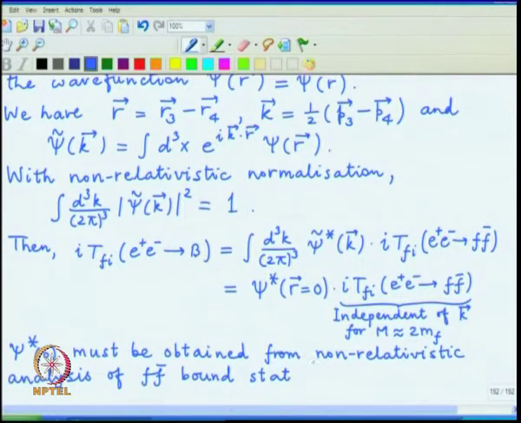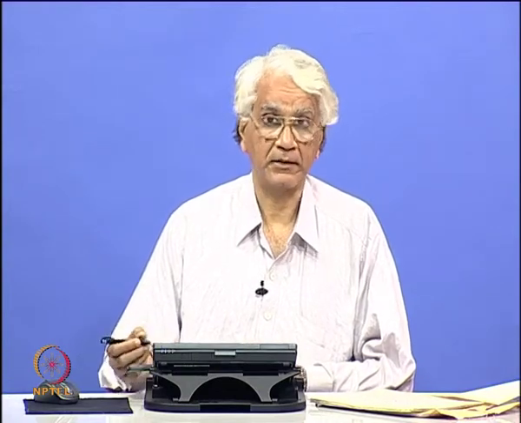and that will depend on what is the force holding the F and F bar together. One has to solve the Schrodinger equation and calculate what is the wave function at the origin, and that is not calculable in the machinery which we have introduced so far, but treating it as a parameter we can calculate everything else, and so the total cross section will depend on whatever this wave function at the origin is in the actual system, or turning it around, one can use the measurement of the total cross section to estimate the wave function at the origin of the bound state.